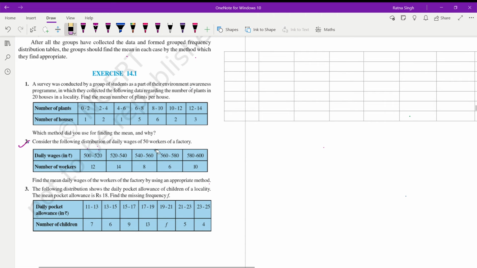Hello students, in this video I'll do question number 2 of exercise 14.1 NCERT book from class 10. In this question, data is given and we have to find the mean daily wages of workers of the factory by using an appropriate method. So I'll use here the step deviation method of finding mean. For this, I'll use